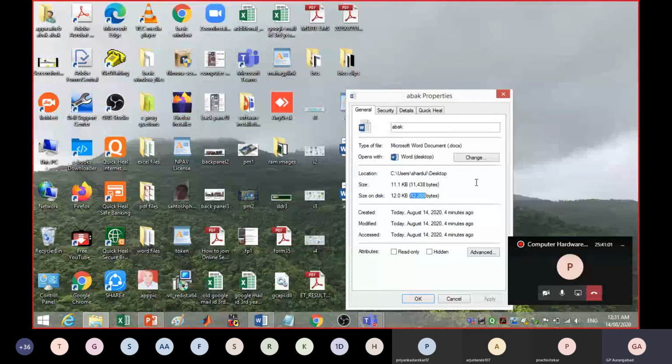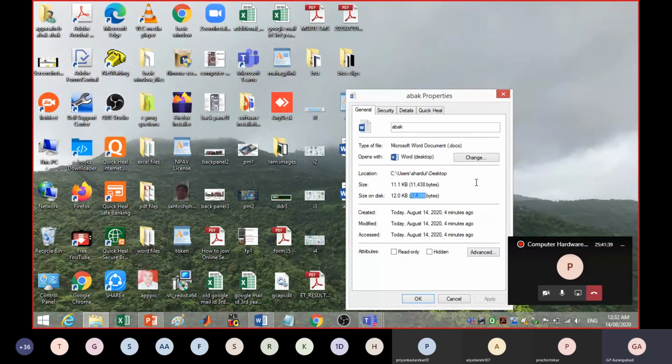Only if the size of the file increases beyond 12 kilobytes will the file be stored at a different location and linked. The link will say this many sectors are there, from this sector to this. Then at the last sector there will be a link automatically maintained by your hard disk, giving the next allocation unit, and it will retrieve the remaining data after 12 kilobytes. This is how these files are created.